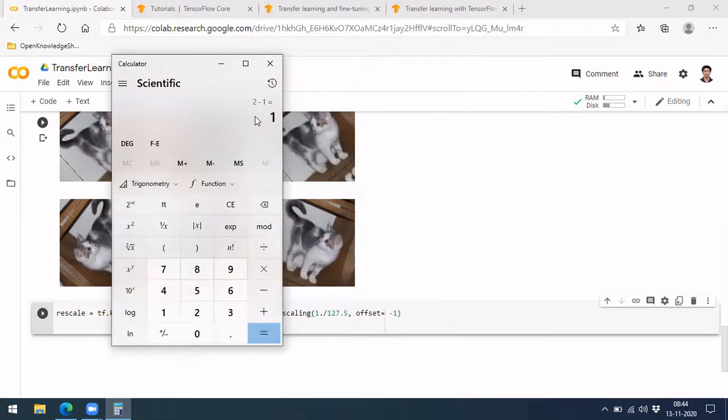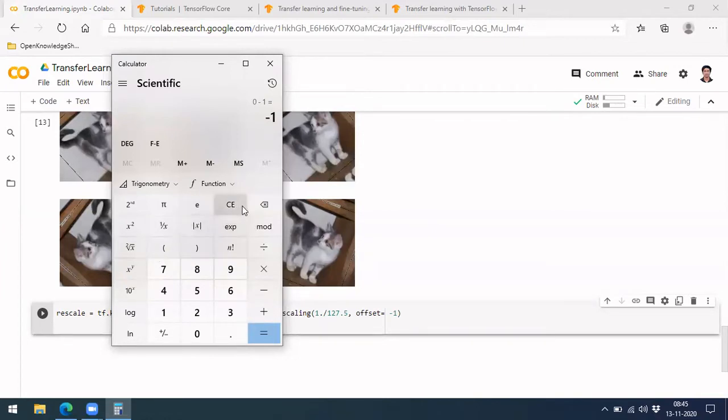This is the upper boundary, and for the lower boundary, 0 is the lowest number, right? In the image you have pixels from 0 to 255. So let's say 0. For that you are dividing by 127.5, which will be 0 again. To that we are adding an offset of -1, which will be -1, right? So the lowest value will be -1 and the highest value will be 1, and for values in between it will be